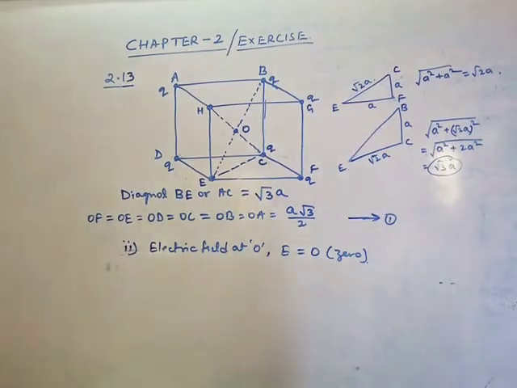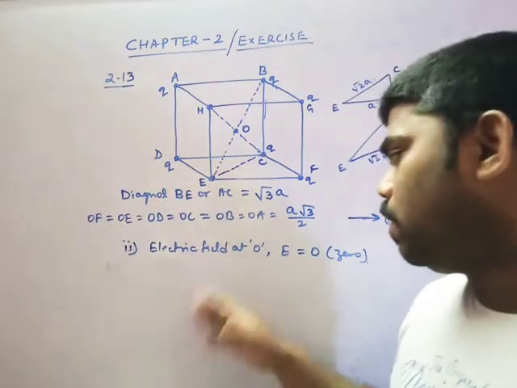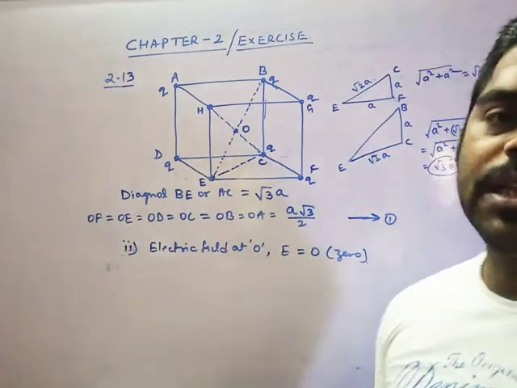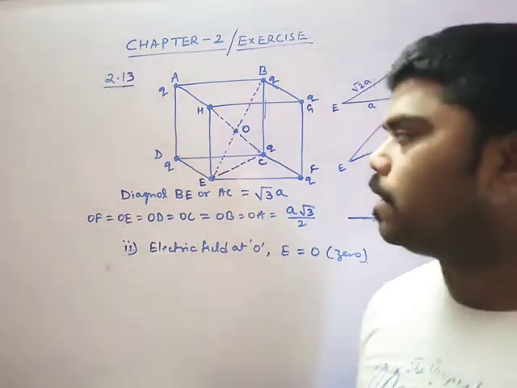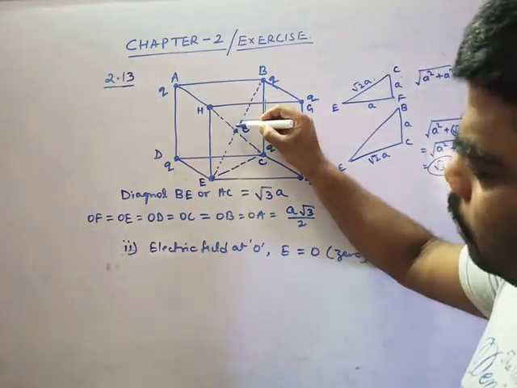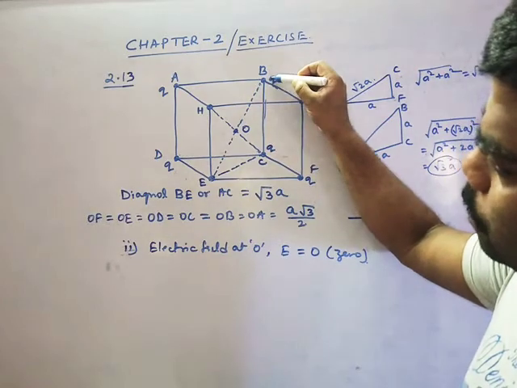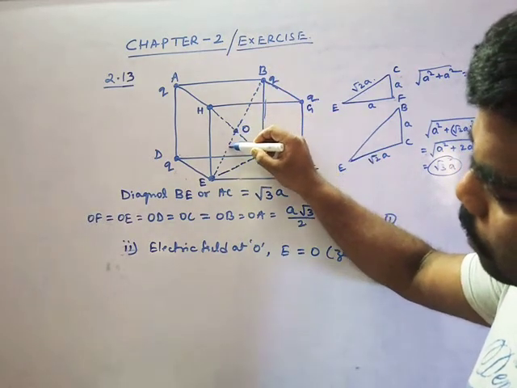Electric field is a vector quantity where potential is a what? Scalar quantity. So for the vector quantity, definitely you need first the direction, because without direction we cannot find the electric field. How to find out this? At the center point, because of this charge, he is positive, so I will say this is outward.